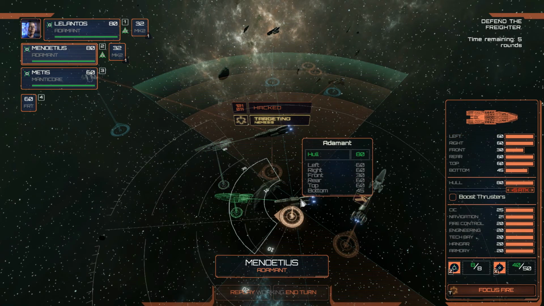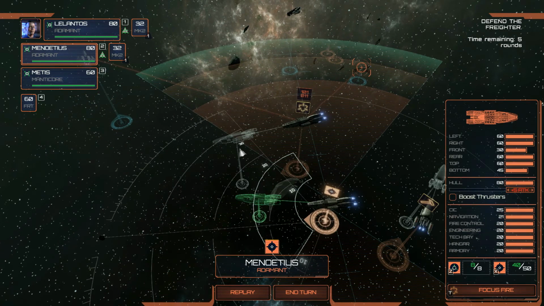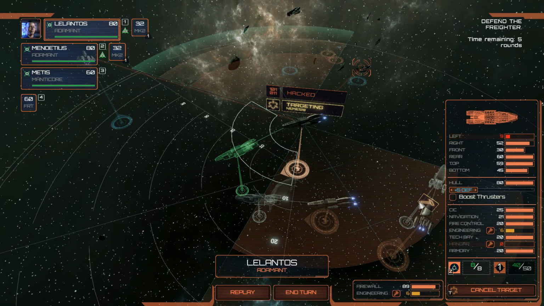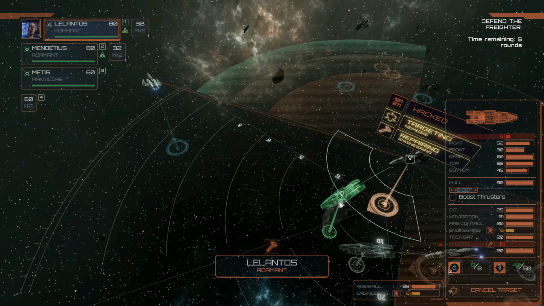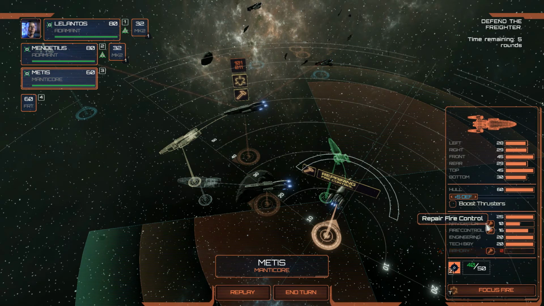I do have more torpedoes up, thankfully on one that's not getting hacked, so it's going to hurt like hell. If I'm so lucky I could take out 2 of them. But I think we need to focus on my repairs, to make sure we don't get this Adamant all wrecked. Fire control's back up, so...